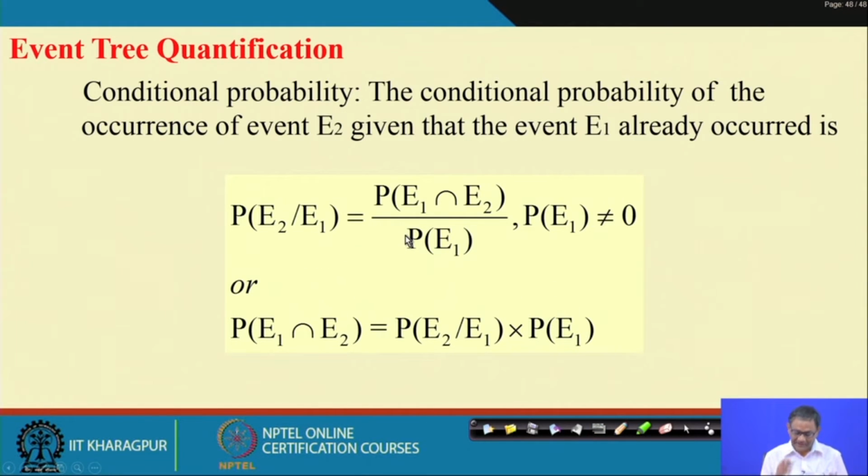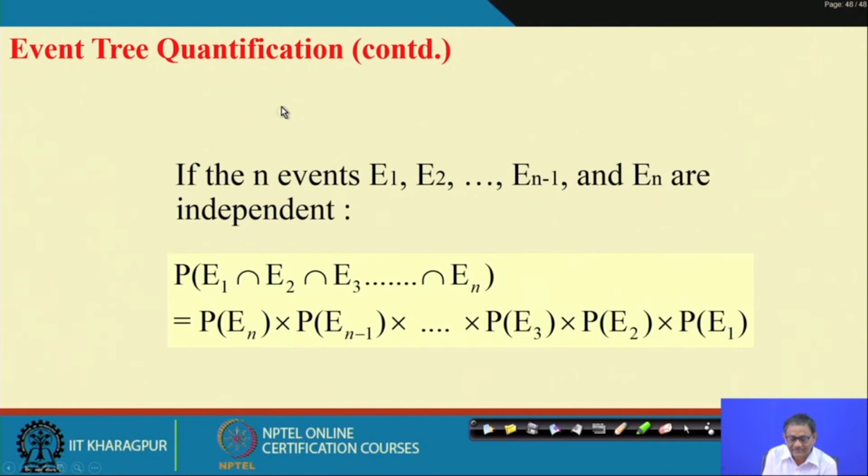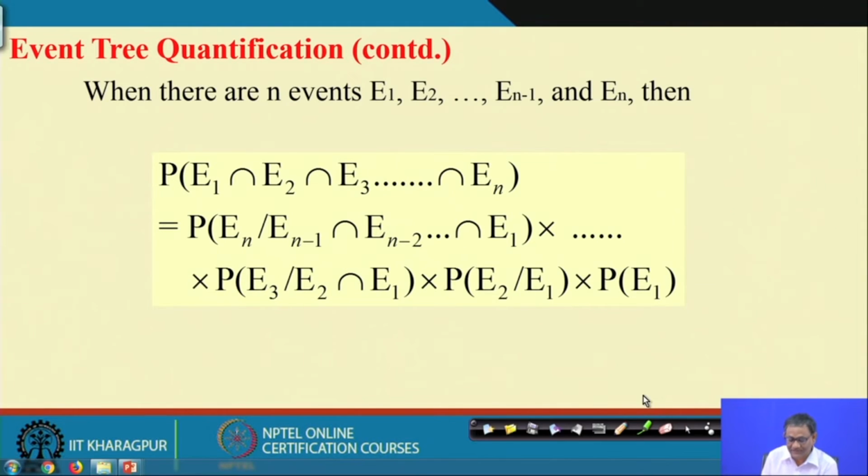Now, it is basically two events. Now, there may be a series of events. So, what will happen to this equation? When there are n events, E1 to En, what will happen? We want to know the joint probability that all the events will occur, then you require the conditional probability. How? Probability of E1 intersection E2 intersection E3 and so on up to intersection En, this can be written as the probability of En given